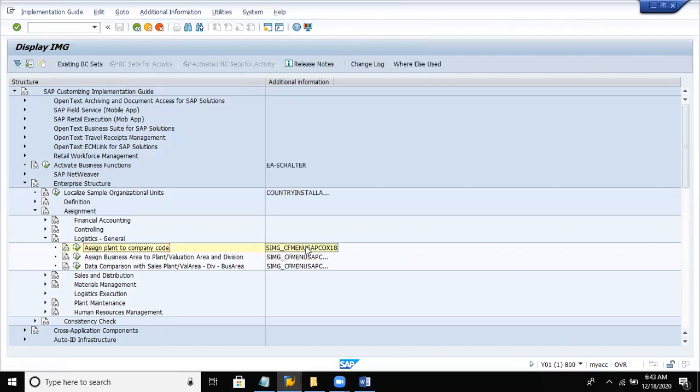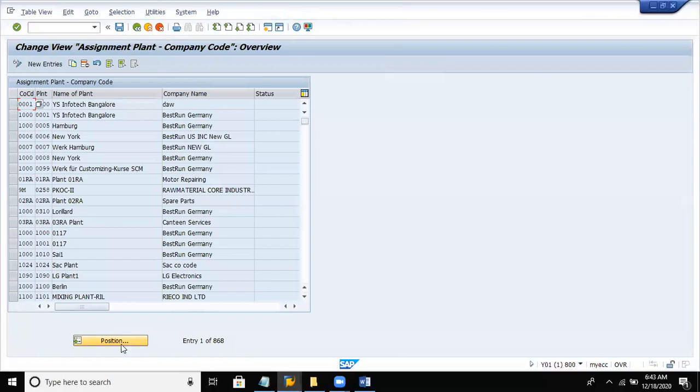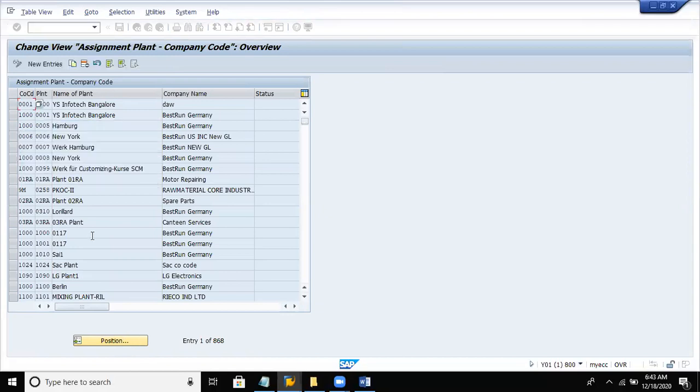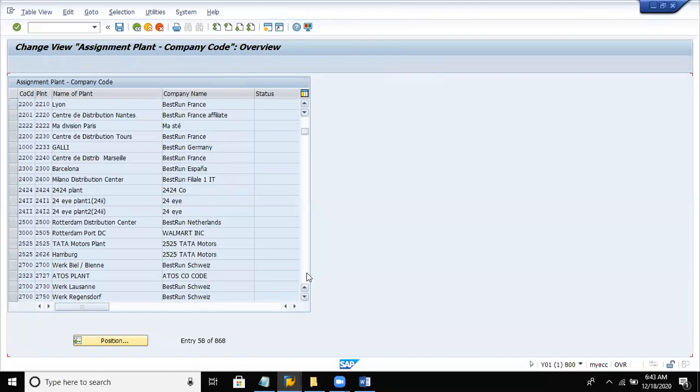So the T code for the same is OX18. Click on IMG activity, click on position, give the plant code. Yesterday we gave our plant code as, I think, DEL4 if I'm not wrong. Hit enter in our session.